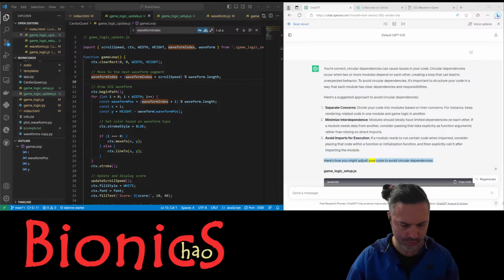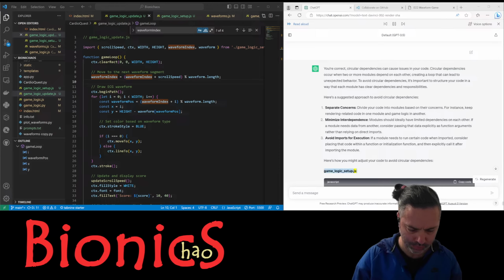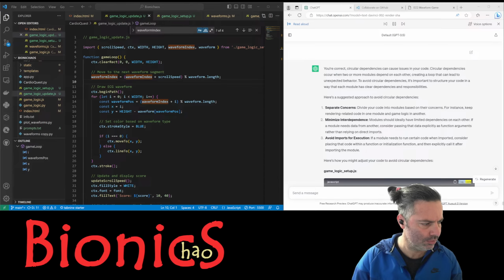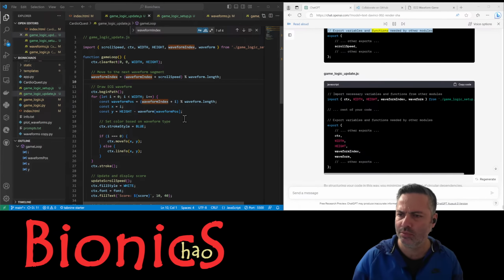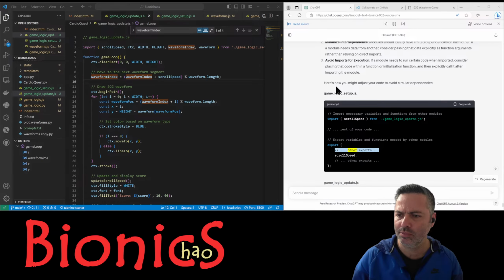Here's how you might adjust your code to avoid circular dependencies. game_logic_setup.js, JavaScript. // import necessary variables and functions from other modules: import scrollSpeed from ./game_logic_update.js // rest of your code // export variables and functions needed by other modules: export // other exports, scrollSpeed,